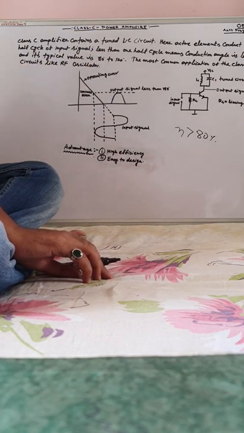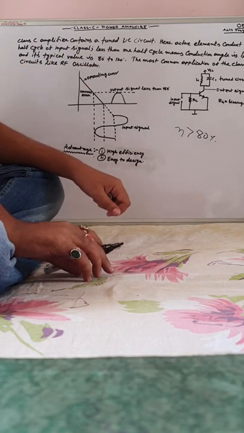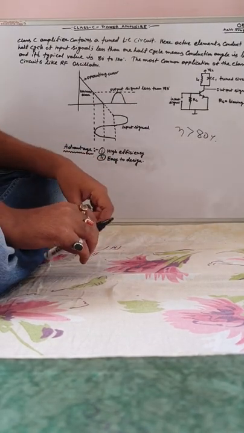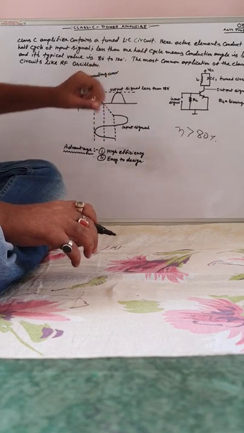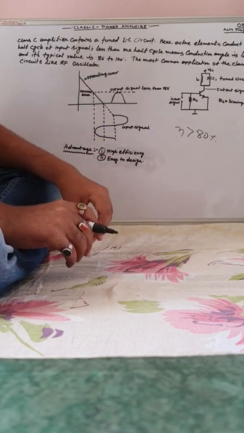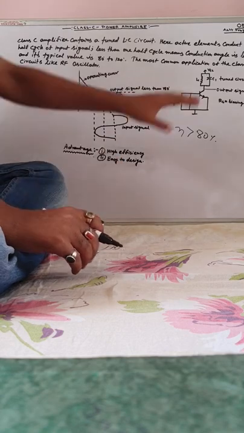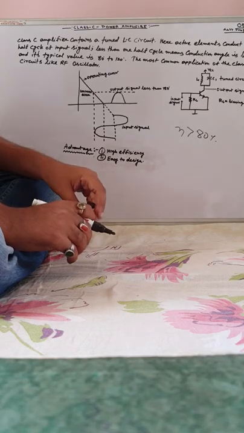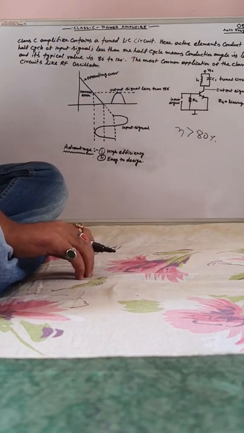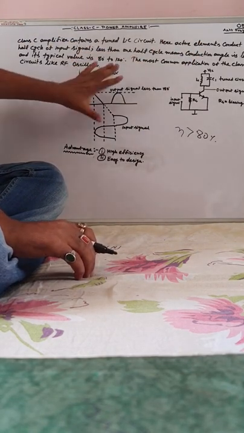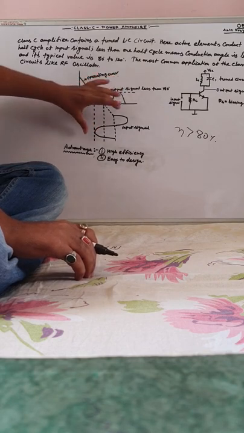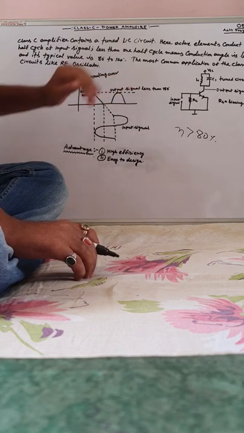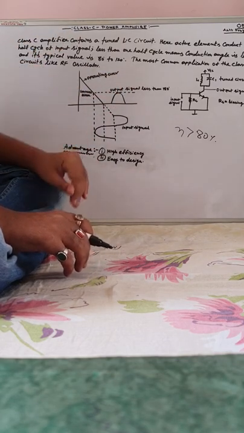The most common application of class C amplifier is in RF circuits like the RF oscillator. You don't need to learn everything about class C amplifier. Remember this diagram for examination purposes. This is a class C tuned amplifier circuit containing a tuned circuit that can be used as a tuned oscillator. Remember this output curve, the input signal and the corresponding output curve. The output signal operates for less than 180 degrees, less than half cycle.